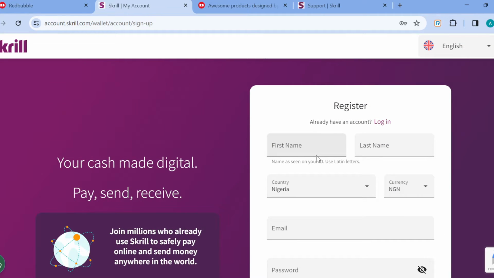So first name, you can just tap here and then type out the first name for the account that you're about to open. Then go to the last name and do the same. All right. And then select the country, the currency, then email. Okay. So after typing in email, the next step is to type out a strong password, all right, to avoid your account from being hacked. And then the next step is to scroll down. Okay, scroll